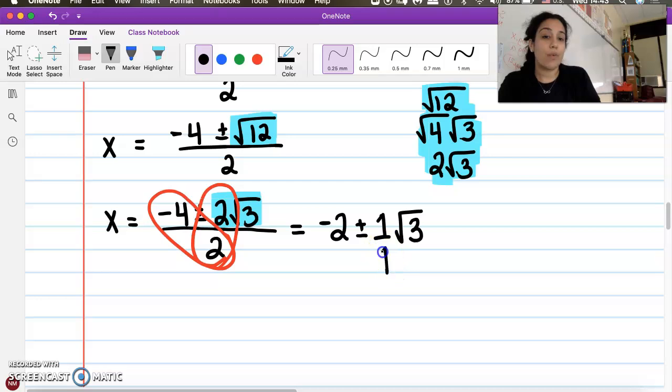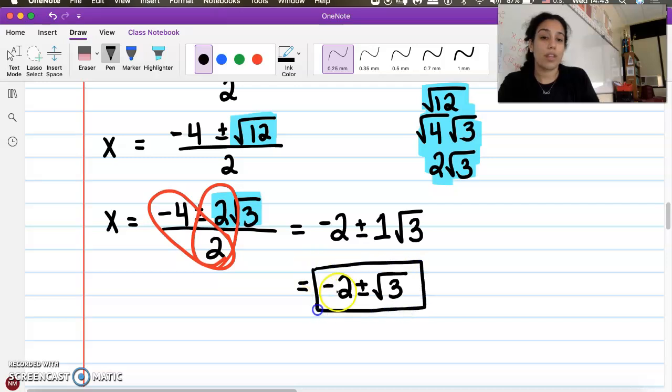And remember we said if a 1 is a coefficient, we don't need to write it. So this is the same thing as me saying negative 2 plus or minus the square root of 3. This is the exact solution because it has the radical. If I wanted to get the estimate, the approximate solution,